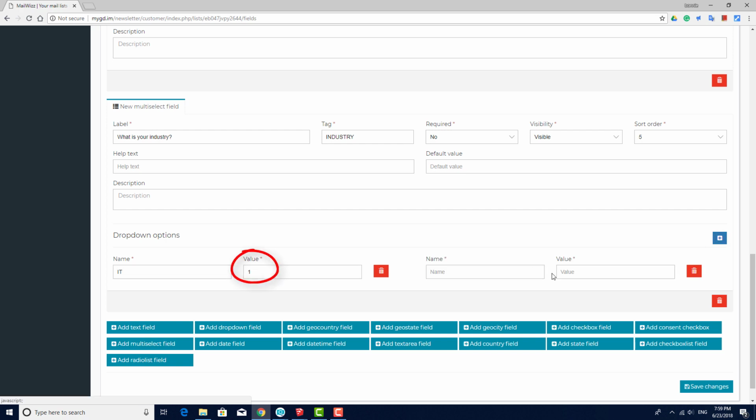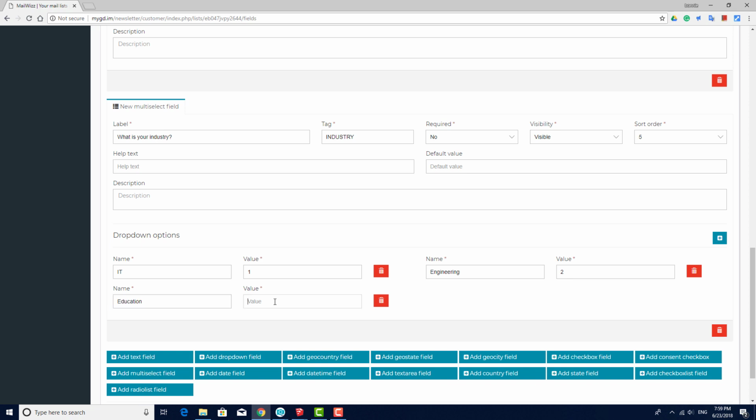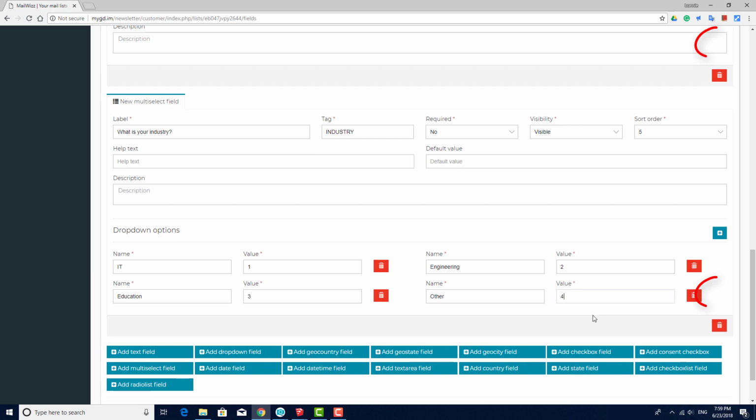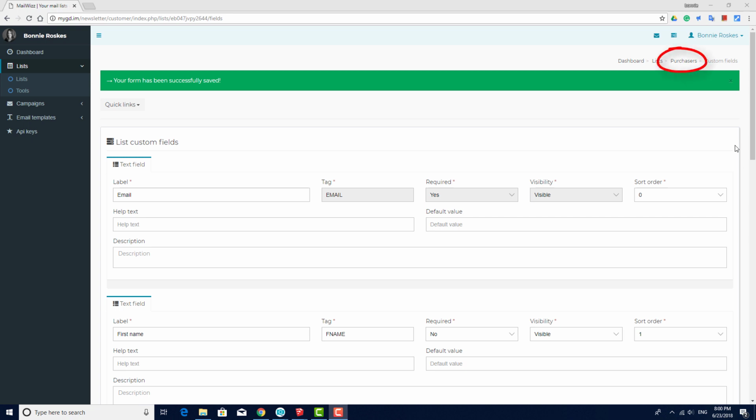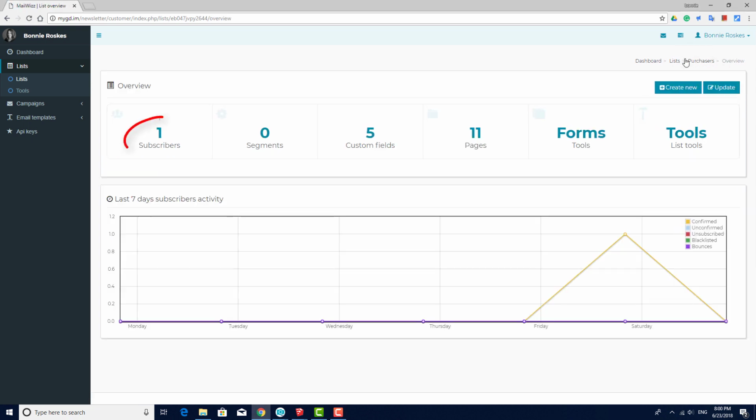Each option has a value, which is how the option will be defined in MailWizz's database. I'll enter Other for the last option. I can delete custom fields with these icons. I'll click Save Changes. Now when I go back to my list name and click Subscribers, my new custom fields